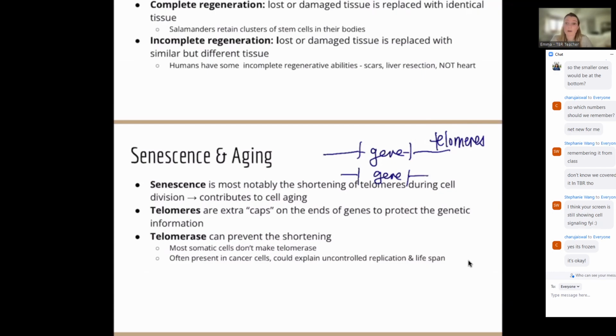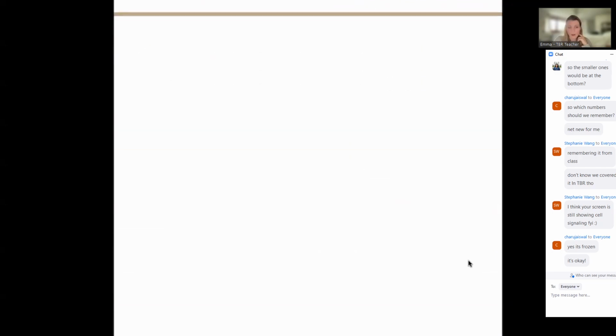One interesting thing is that telomerase could be really present in cancer cells, which could explain how a cancer cell hijacks the cell's machinery to divide and multiply endlessly. Because telomerase is able to prevent the gene from shortening, it's basically out of control. It would be really cool to be able to do telomere therapy, to prevent the shortening of telomeres, and maybe even slow or reduce the detrimental impacts of aging. So that is kind of the end of our lecture.